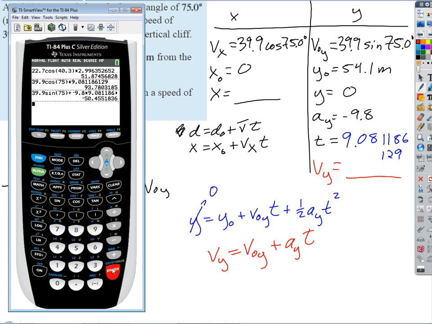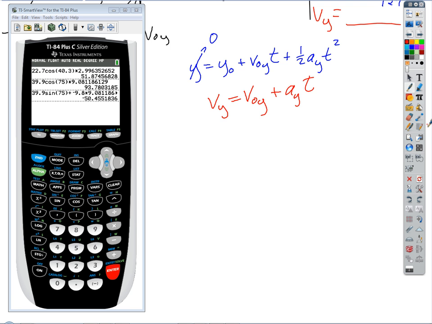Okay, so that means that if we were to draw these vectors, it's negative because it's going down. So I'm going to have this v sub x and this v sub y. And what I'm really trying to find is the magnitude of that vector, because it turns out that the rock is hitting the ground at an angle, right? And the magnitude of the velocity vector is just the speed. Okay, so I don't need to make this negative then, do I? I could, because I'm going to square it anyway, but I don't need to. So then I've got v sub x, that was the cosine one. So I've got the square root of